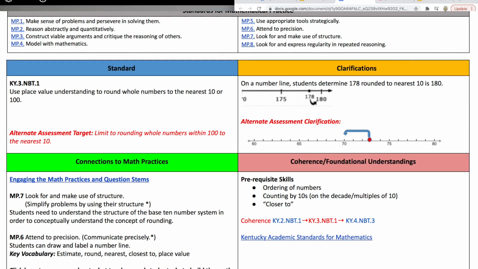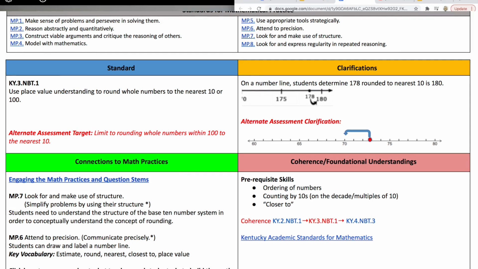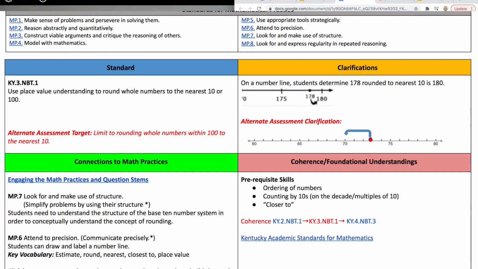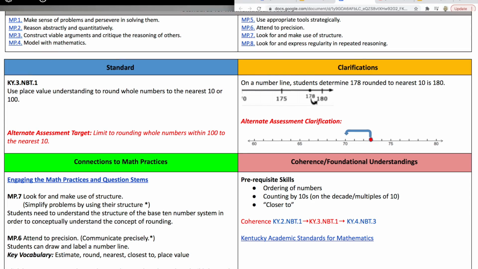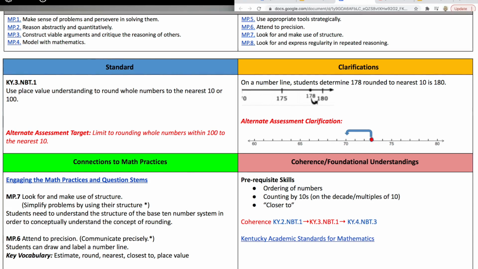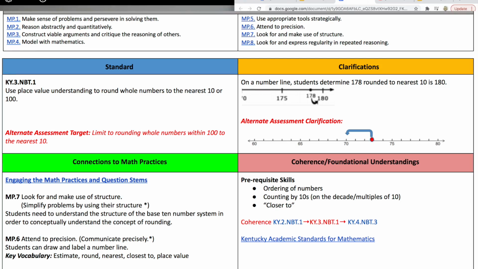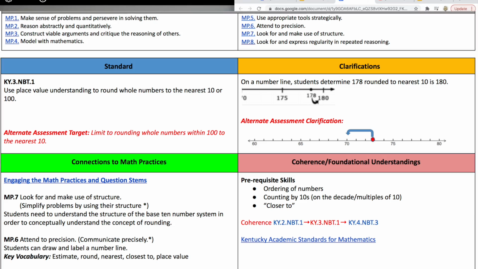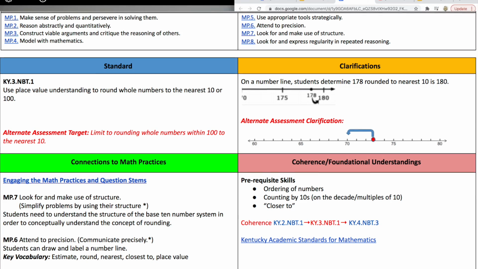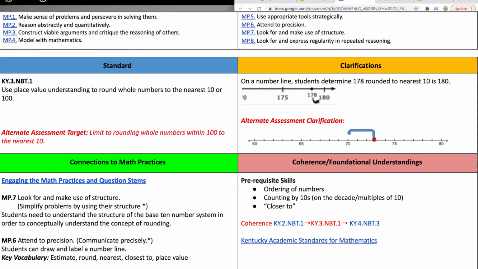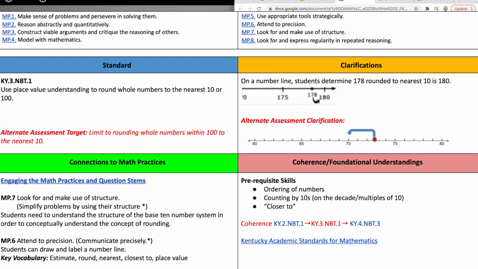So you can see it's set up, if you are familiar with the Kentucky Academic Standards, we tried to mimic it and make it look as much like that as possible because, of course, we are expected to teach our students the full breadth of the standard. We're not supposed to just stay within the limits. The limit is just what they'll be assessed on, but we're supposed to try to teach it within its full breadth. We're not supposed to not give them exposure to all of it.